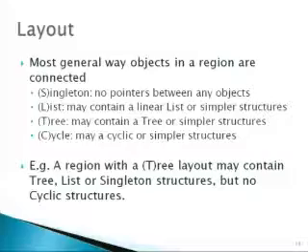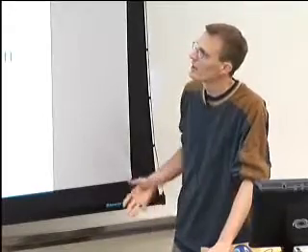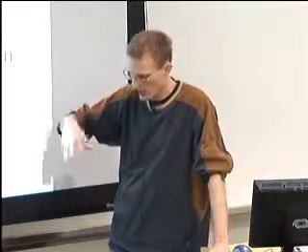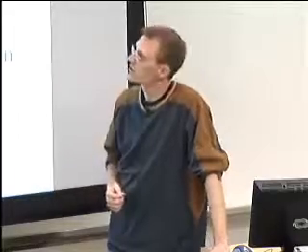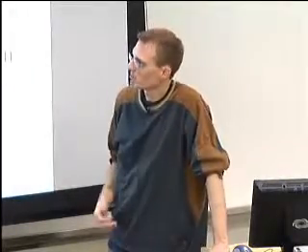So this is where the first of our instrumentation predicates comes in useful, this layout. And this is fairly common to a lot of heap analysis techniques, some notion of shape. And so we're going to associate with each node the layout, which is going to be the most general way that you could traverse the set of objects that this node represents. And so we have a couple of hard-coded classes that we use.